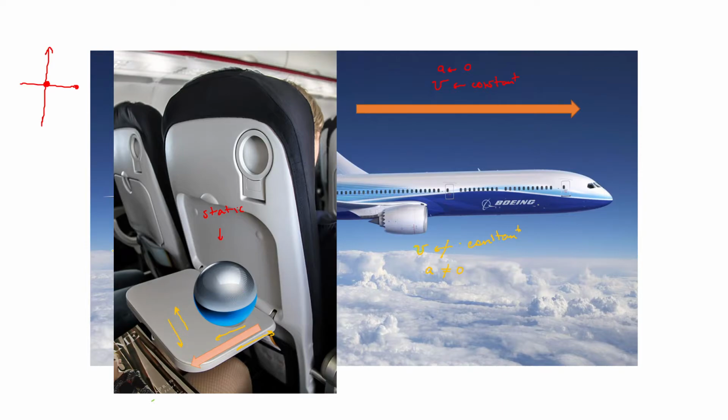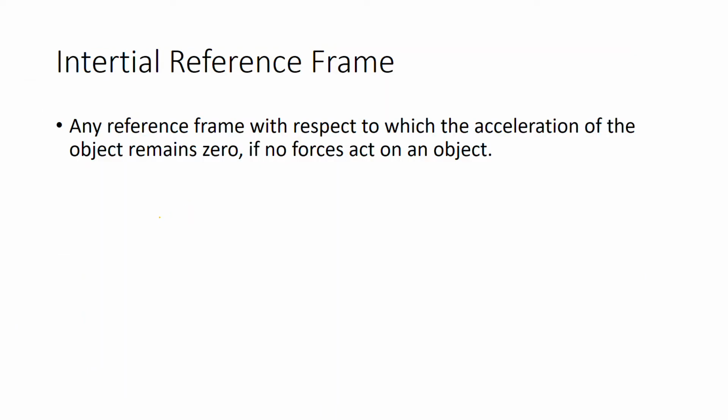So this is not a valid frame of reference because the acceleration is not zero, and we cannot assume that our frame of reference is valid. This little ball will be wandering from here to here or here to here. Therefore our frame of reference is not cool enough and we don't like it. So once again, if acceleration remains zero, it's a frame of reference that can be valid because there are no external forces on an object, but if that acceleration is not zero, well, pretty much we're busted.